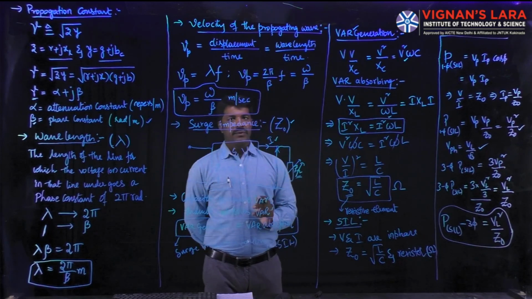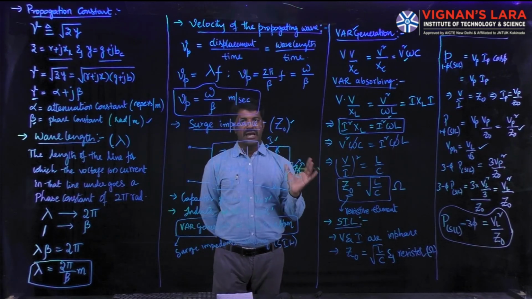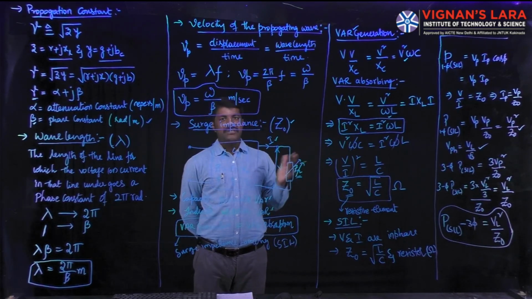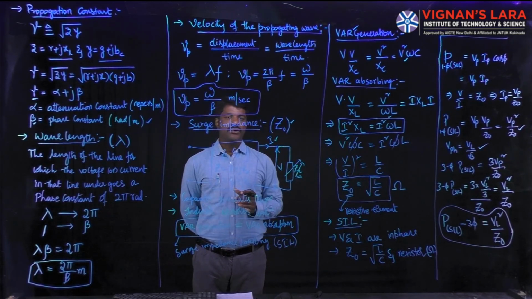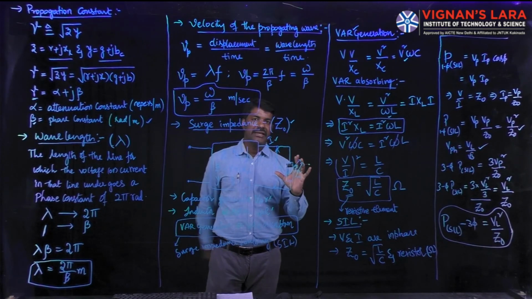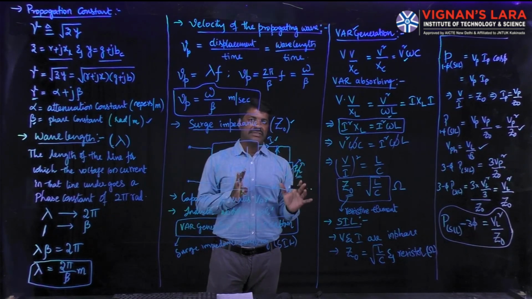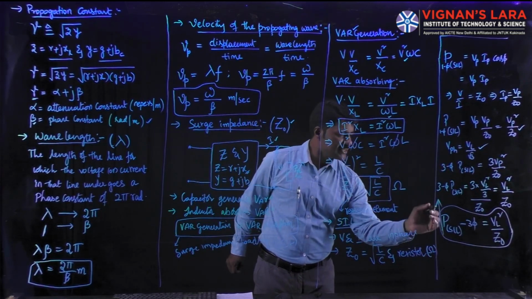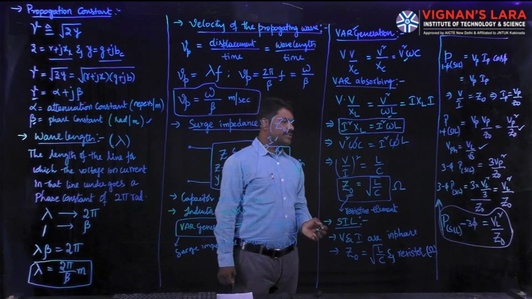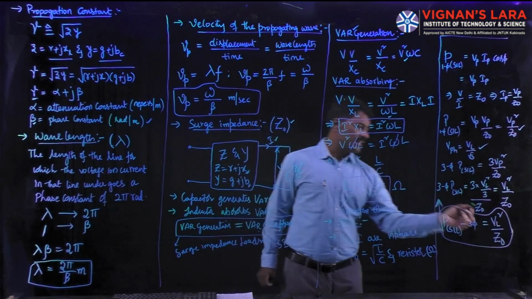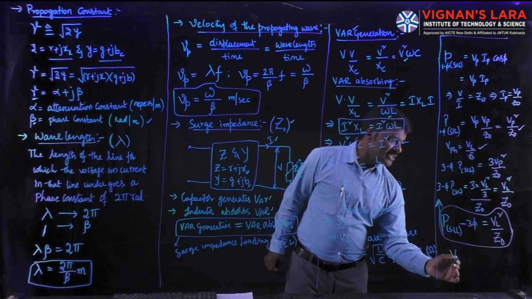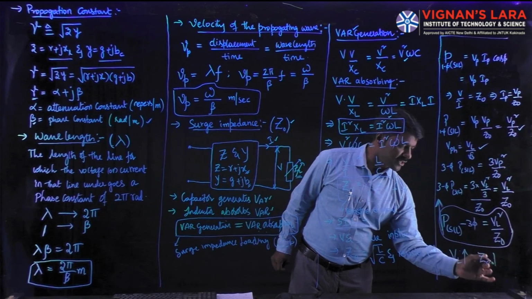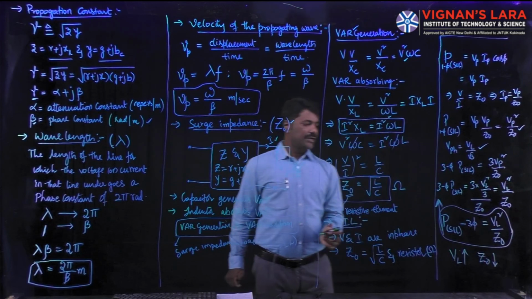In general, we are erecting the transmission line with a very large amount of installation cost. So since we are spending that much amount of rupees, we have to manage the transmission line to deliver maximum amount of power. Means we have to maximize this power value. We have to increase the capacity of the line, which is possible in 2 ways. The first one is either by increasing voltage or by decreasing Z0. Will be further continued in the next class.